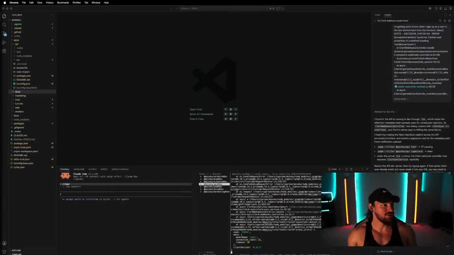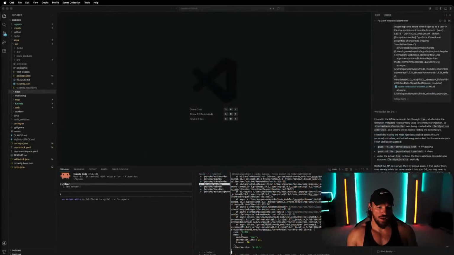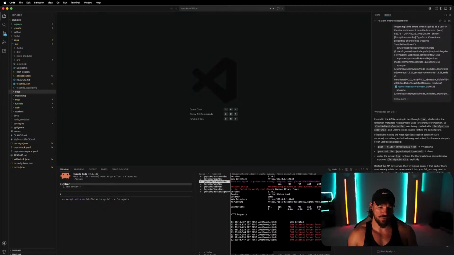So one thing I did have to do yesterday, just of note, is the way Clerk and Doppler work. I'm not a big networking person, and so I don't really know how stuff gets proxied between different services. But I had to set up what Claude or Codex and I said was going to be a tunnel,